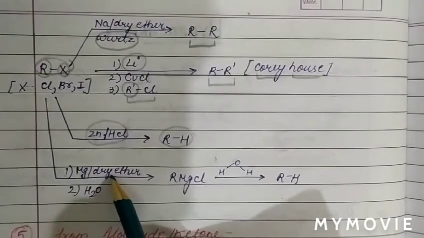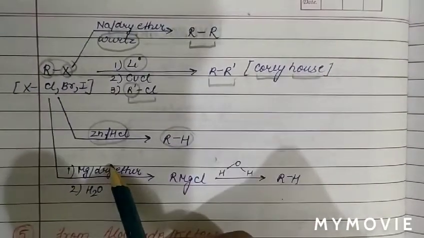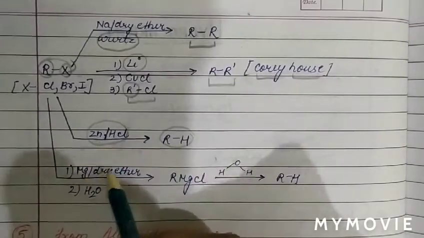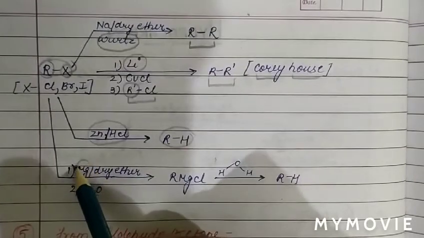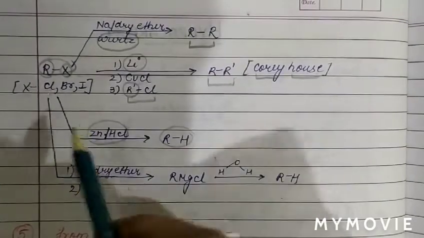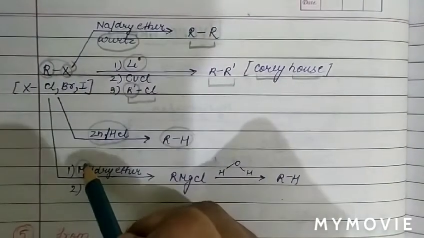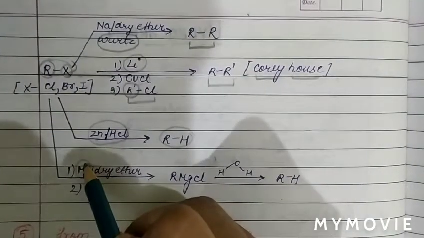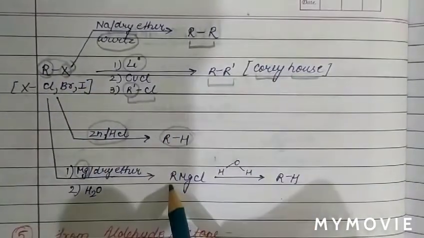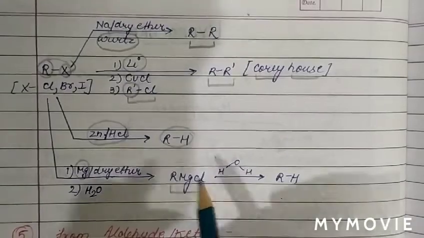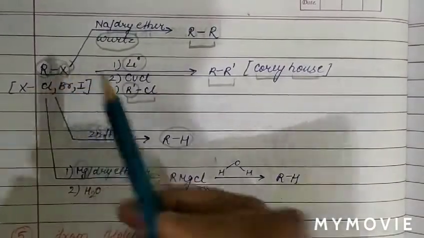The next reagent we are going to discuss is Grignard reagent. So basically when Grignard reagent is prepared, Mg is added in presence of dry ether and then hydrolysis. When magnesium metal we use, basically this is carbon halogen bond. Now magnesium metal will enter between carbon and halogen. So it forms RMgCl. So basically magnesium metal will join in between carbon and halogen.